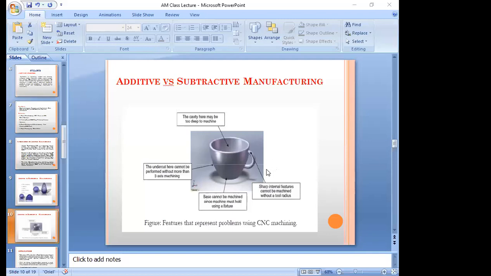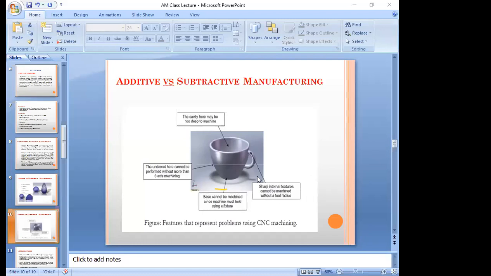So here, this particular cup, we are going to fabricate, or we are going to develop. See, the base will be fixed in the machine. We need a separate fixture to develop this particular cup. We can't hold it as we do flat objects. When we machine flat objects, they do not need many fixtures. Here a separate fixture is required as in traditional manufacturing.